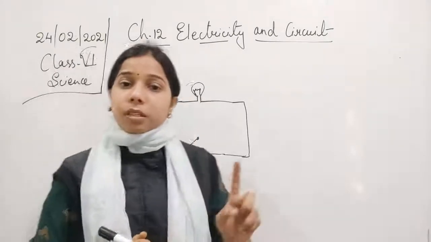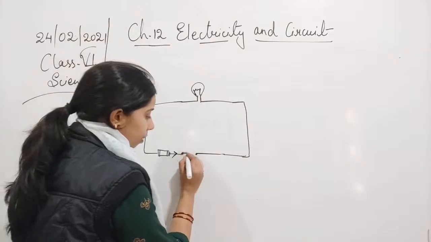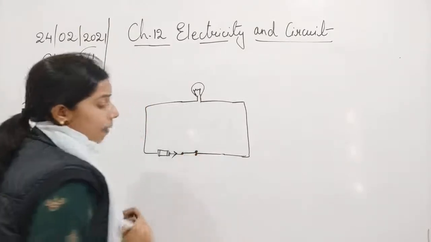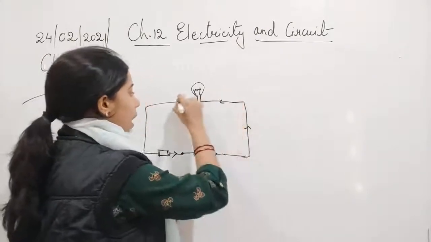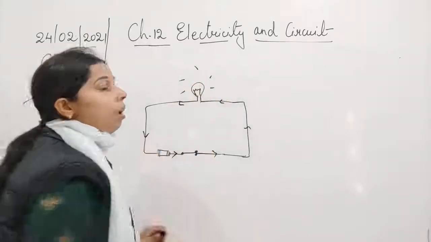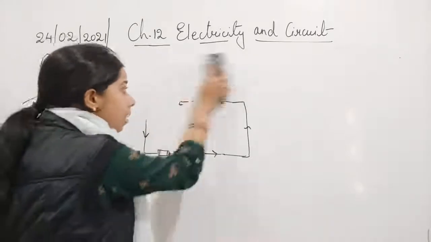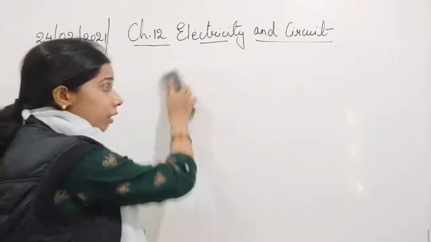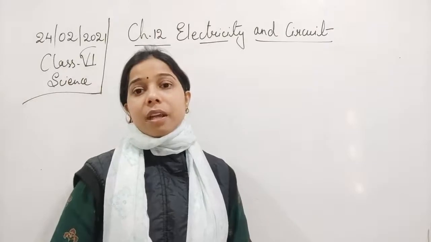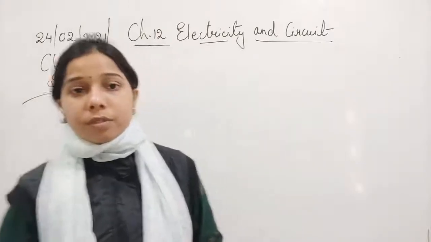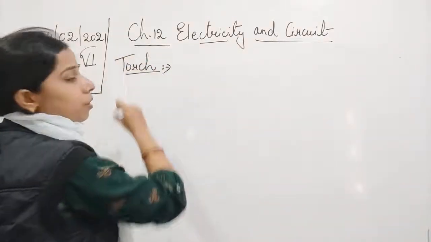What happens when you turn the switch on? At that time, this will touch the other end, like this, students. So now it is connected, so electricity will easily flow through it and complete the circuit, and hence the bulb will glow. So this is how a switch helps in completing a circuit, or how a switch makes a circuit closed or open. With the help of the switch itself, we are able to make a circuit open or closed. Now let us move on and see what a torch is.